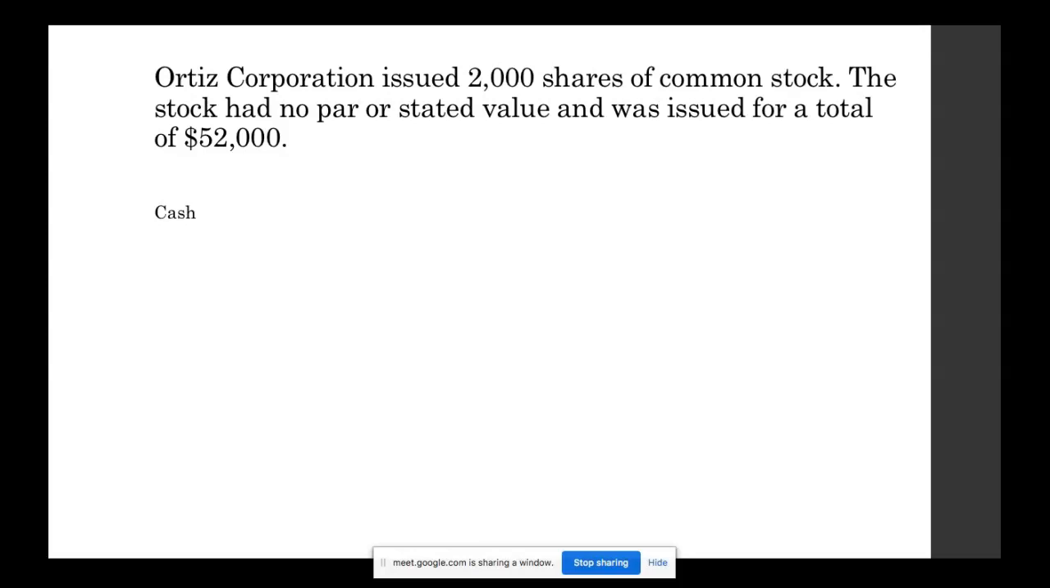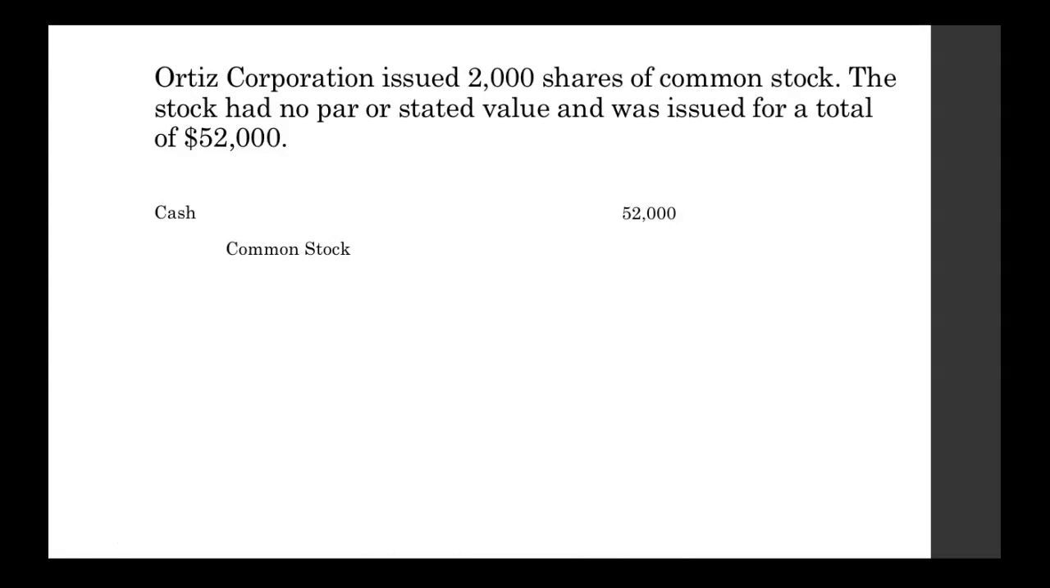And why are we getting cash? Because we issued common stock. So we'll credit common stock to make that account go up as well. So how much cash did we get? Well, we issued these shares for a total of $52,000. So once again, we'll debit our cash for $52,000, and then we have to